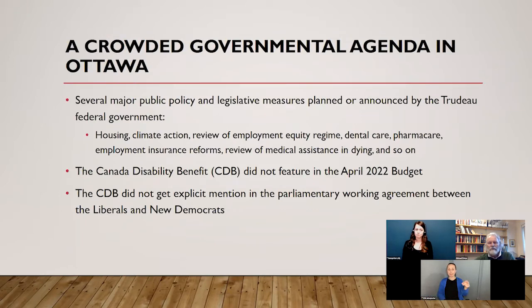This is just an observation or a reminder that the Government of Canada, as we're coming out of the COVID-19 pandemic, we are still not quite out of it yet, but the government has quite a crowded, and Parliament has quite a crowded agenda, packed with multiple issues. Many of them are very complex, many of them long-standing. There are some opportunities in that agenda as well. And so on this slide, I'm just reminding us of some of the major announcements on legislation and on tax policy and on programming that the Trudeau federal government has been announcing in recent months or in the last year or so,